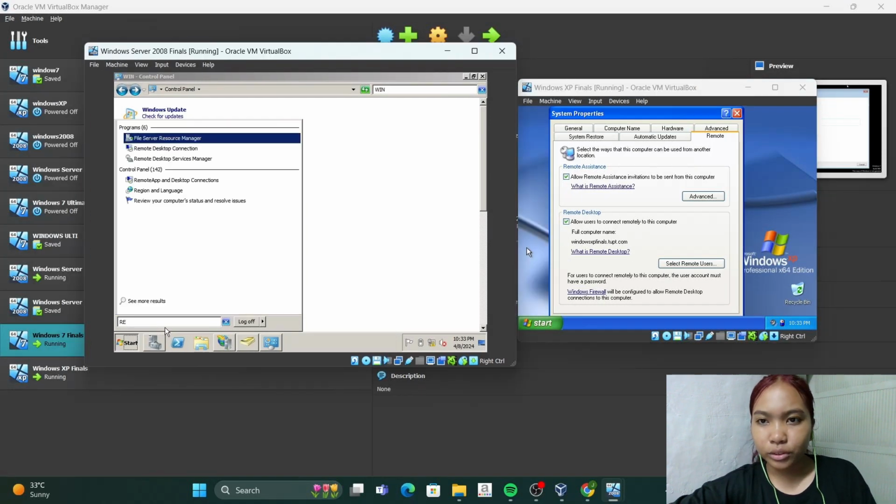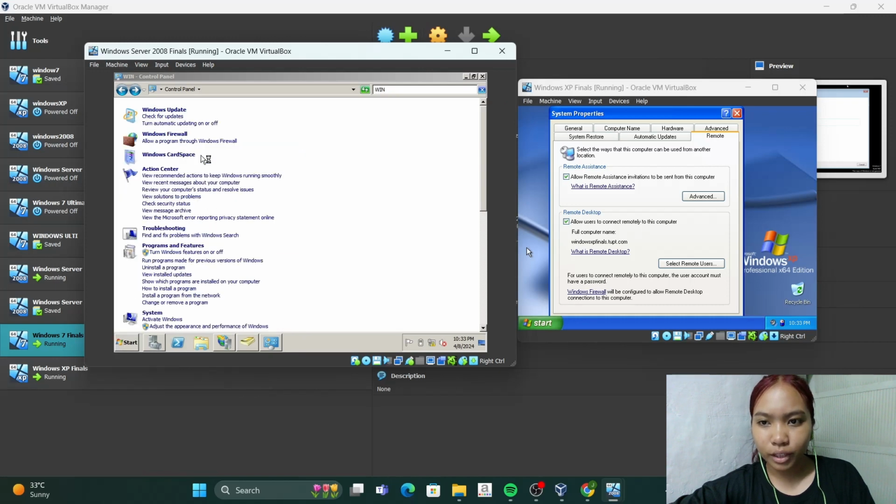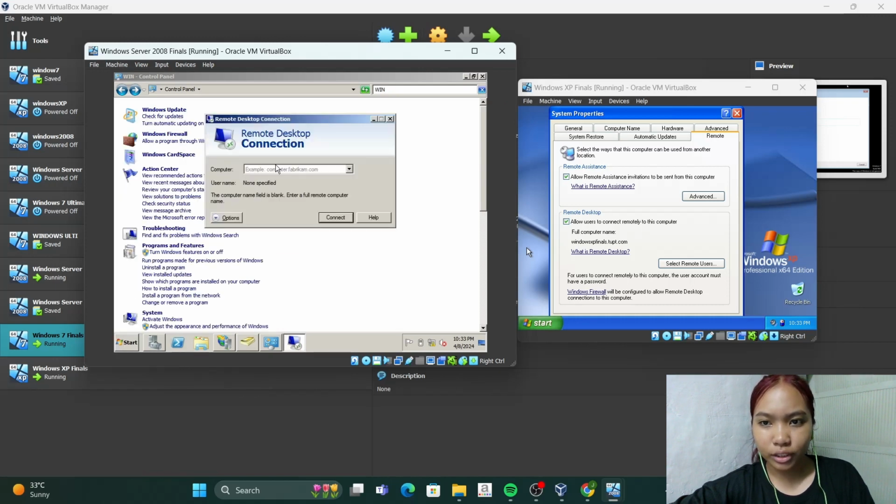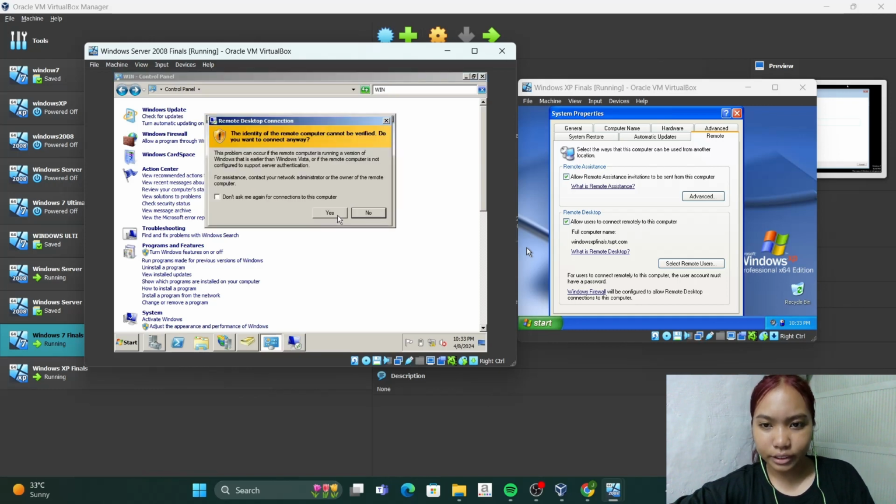So in Windows Server 2008, go to Remote Desktop, and then here you can enter the full computer name of Windows XP. Connect, and then click yes.